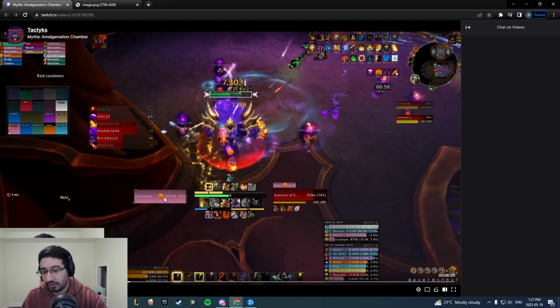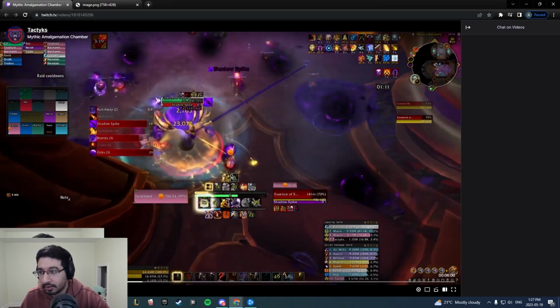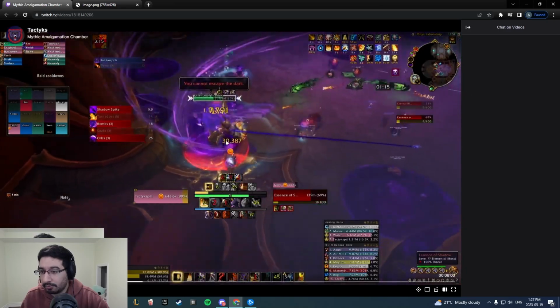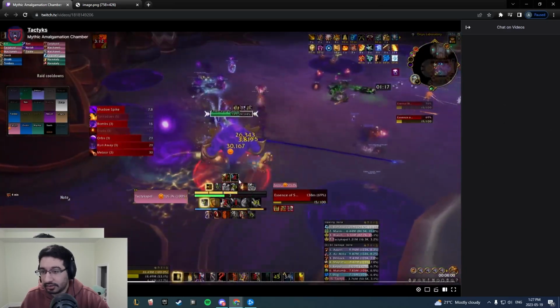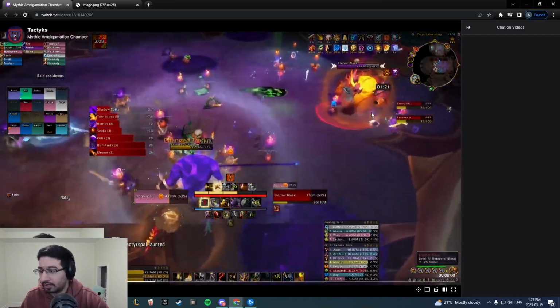So basically you can see from the other perspective now, 14 seconds on the meteor. Let's move forward a little bit here. Meteor is going to go out. Coalescing Void is going out now. There's a Coalescing Void. Meteor's about to detonate. We're waiting for this void to go off, and now we'll swap the bosses as soon as